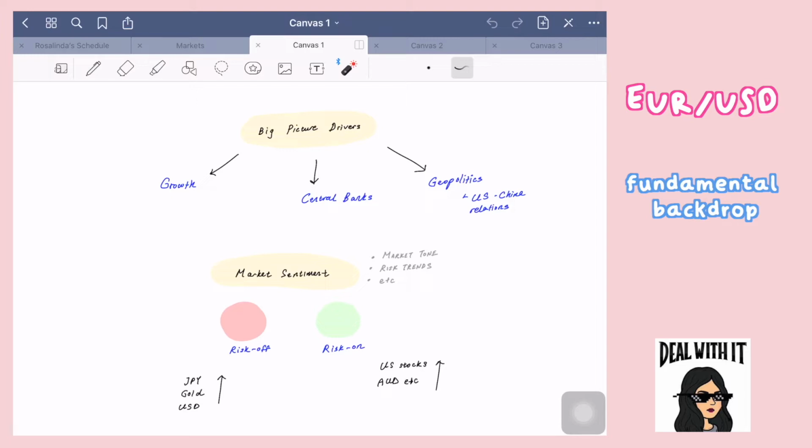And I find that these tend to be broken down into three main themes, or what I call big picture drivers, and they tend to be simplified to growth, meaning the economic activity globally, central banks or policy in general, as well as geopolitics. So this is currently a little bit vague, but the idea of bringing up these three drivers, or these three main moving parts of the market, is that I want to find out how the market is feeling. I want to find out what the market sentiment is, the market tone, the risk trends, the risk sentiment, whatever